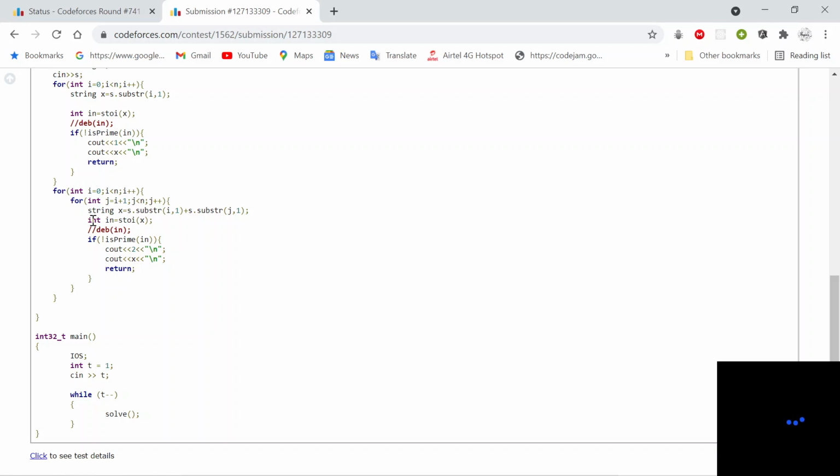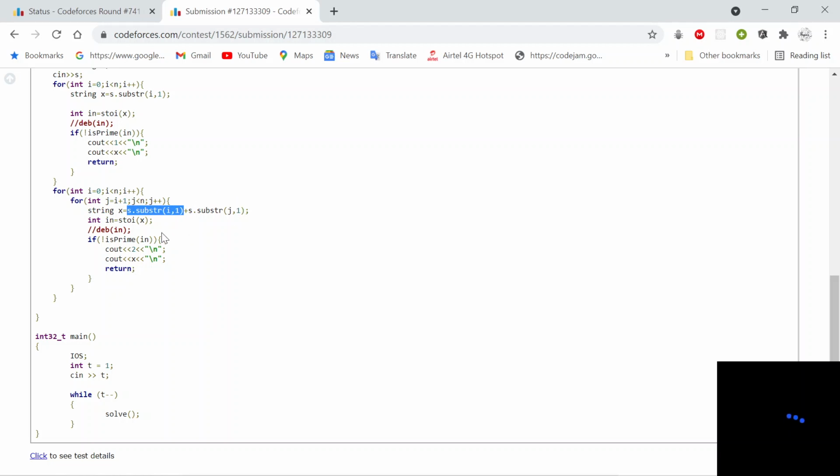I take those pointers as separate characters and merge them, using the substring function I used in the code above.